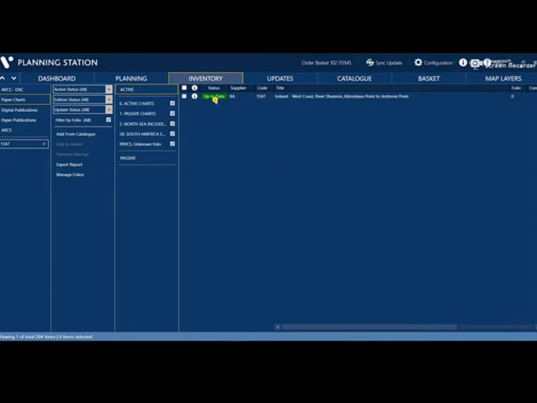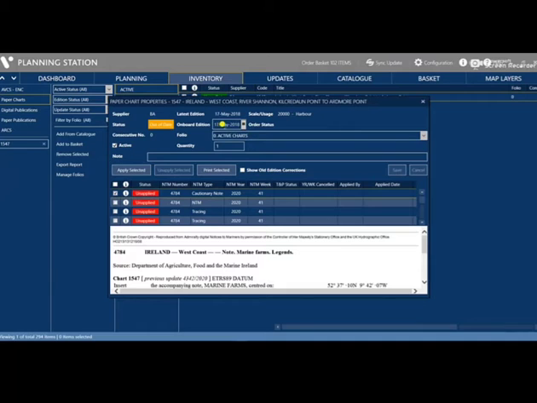So here I have already 1547, and let me check the edition. So I have the onward edition 17 May 2018, the same. Okay, so here the status will show out of date because this particular notice to mariners is not yet applied.